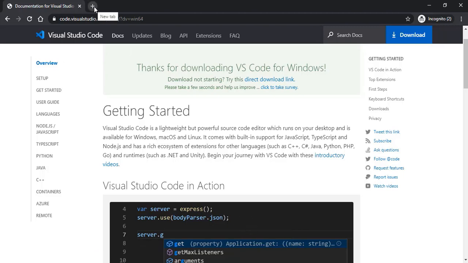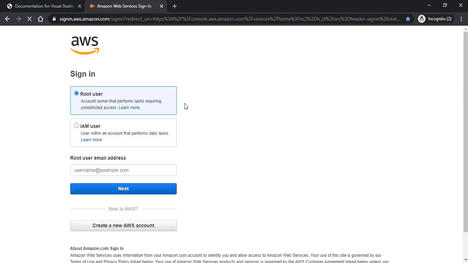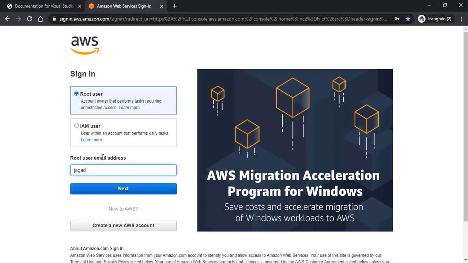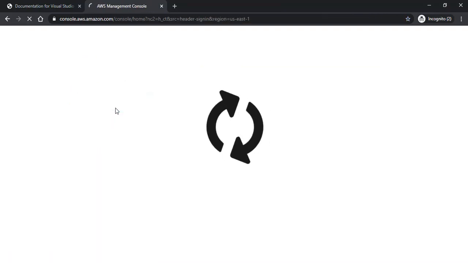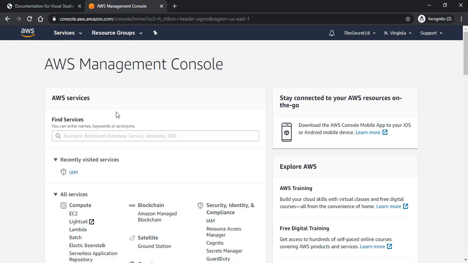First, I'll log into the AWS management console. I'll create a user and give it sufficient permissions to create all the resources, and I'll get the access key and secret key of that particular user, and input those details in the aws configure command. In this way, Terraform is able to communicate with our AWS management console.